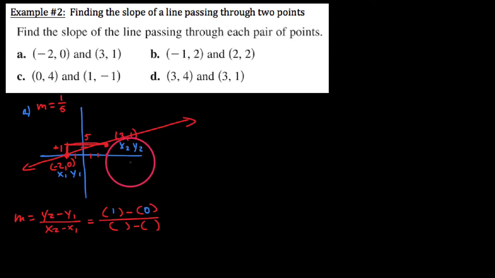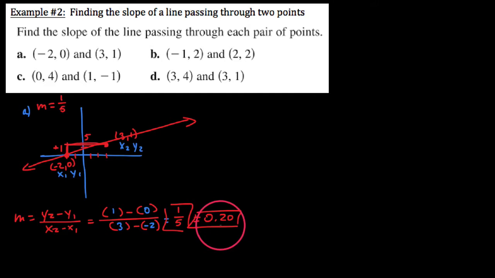And then x2 minus x1, we would have 3 minus a negative 2, which interestingly enough causes this to be 1 over positive 5. So this slope here can be given thusly, or you can also use a calculator to find this slope and say that it's 0.20 as a rate of change. We tend to leave it as a fraction, however. So you can definitely see that this was a positive slope, but you can also definitely see that this rises.